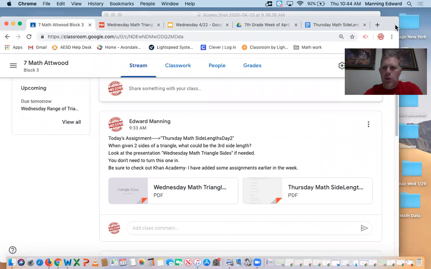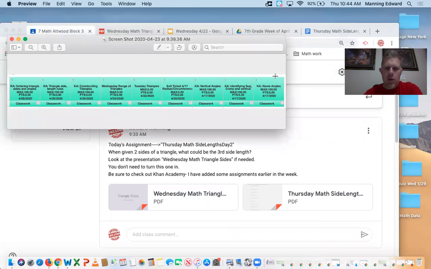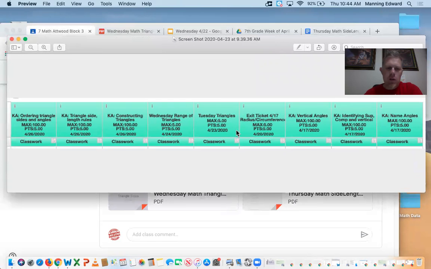One more thing I wanted to show you, and that is about the grade book. Participation in these assignments makes a difference in affecting your grade. It will impact your grade. If you do nothing, then you will not get the best grade for fourth quarter. KA, that means Khan Academy. So if you guys look at this, you'll see that we got